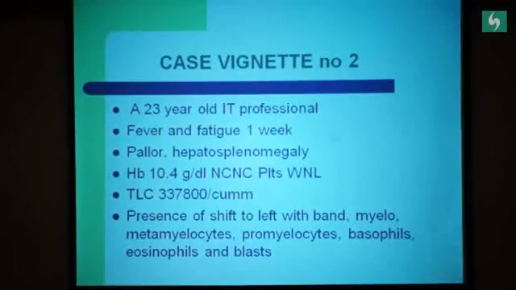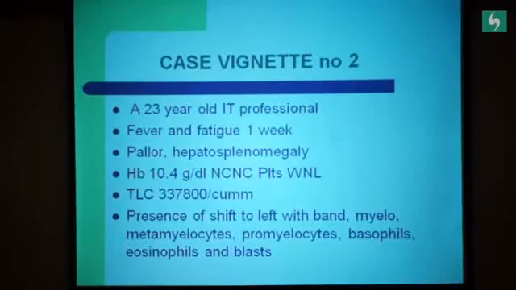He basically had fever for 1 week and extreme fatigue. Surprisingly, the guy was so busy that he did not notice, but he presented with pallor, and only in retrospect did the physician who referred him to me today notice that hepatosplenomegaly was there. This physician told me that her father had CLL, so she is very averse. Any patient who has fever for 1 week, she definitely gets a CBC done. And I said, very rightly so. That should be the policy.